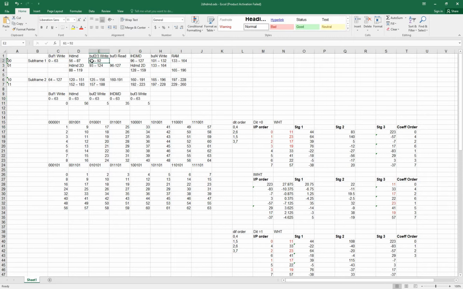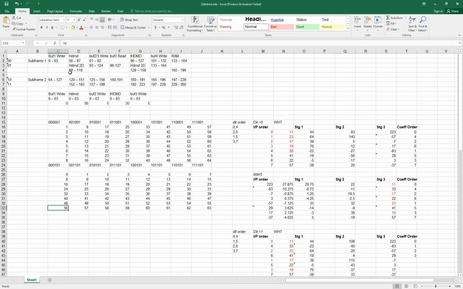So from 61 to 92 we will get the output of the 1D Hadamard transform. Again, when we start storing the 1D Hadamard transform outputs in the buffer, at 56 we are able to read in the column-wise order.